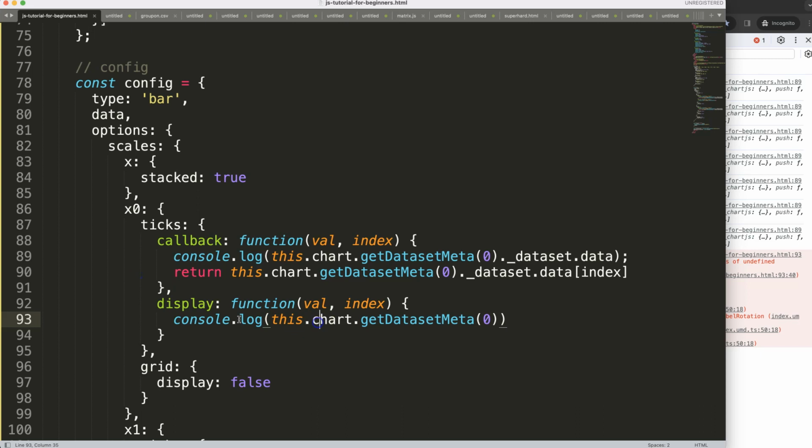Alright, get dataset meta of this. Let me double check. So here I'm noticing I'm getting this error here related to the this. So probably it's outside of the callback functionality, and it gives me an error. I don't understand why. However, we have another way to access the specific item by saying here value. That's what I want to do here above, but apparently that can only be done in the display. So then if we're really doing this, the function here could be used as a shorthand. I'm just going to make the shorthand here then, and then have a function expression like that, and then